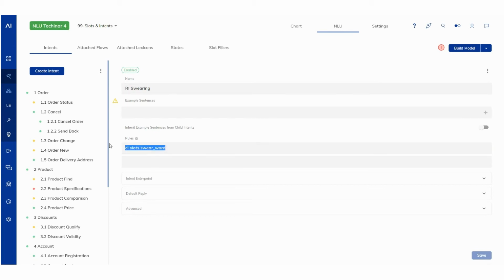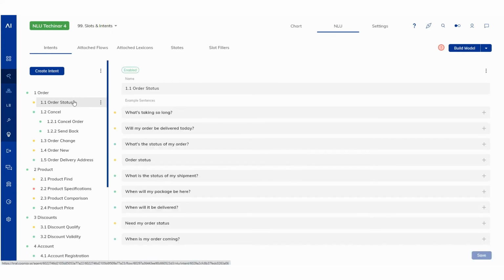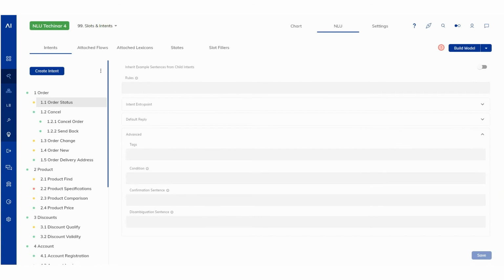Before I build the model, I also want to add something for a condition. So this is an absolute rule, right? This will either trigger, and the intent is expected to have 100% score. The condition that we just mentioned can be applied to machine learning intents as well. So in the case of our order status that we've been working with so far, let's go to advanced and add a condition here. We're basically saying, okay, you're free to trigger this intent, but only if the word order is included. Let's assume that we want to use this as some sort of a gatekeeper.